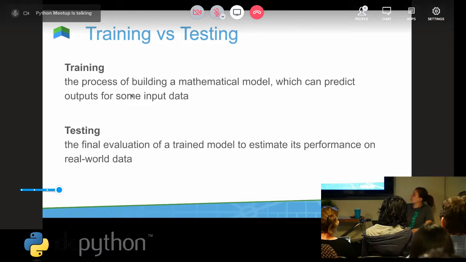Okay, so when we're doing machine learning, for supervised learning, there's the phase where we're training our model and it's learning something from the data. But once it's learned, you need to do something with that model. And generally, you're going to have real-world data that you plug into that model to see what it outputs. But before you put it out there in the real world, you'd like to have some idea of how well your model performs. So that's where the testing phase comes in. So generally, when you're working with machine learning, you're going to have a phase where you train on your data, and then you test. You do a final evaluation of that model and compare its performance on the labeled data